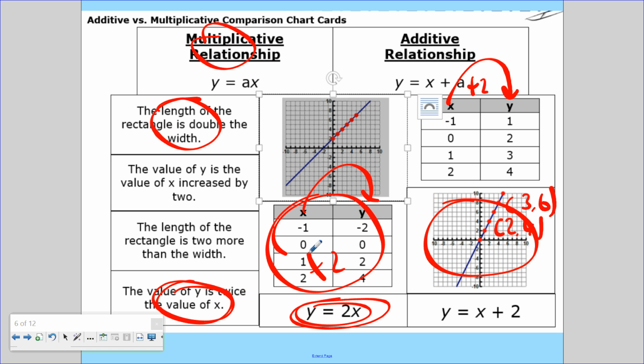This is the study of which equation is additive and which